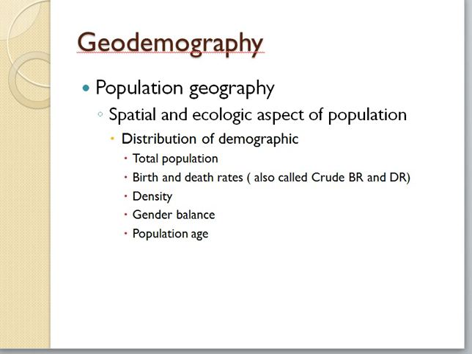And so we can look at some demographic indicators or some demographic statistics of population to better understand how and where people are living. So we can look at total population or population density. Total population would just be raw numbers. The density would be the number of people in a given spatial area. We also look at some indicators of birth rate, death rate, infant mortality rates. We look at gender balance, and then we look at age balance. And all of these really have an impact on how a society is functioning.